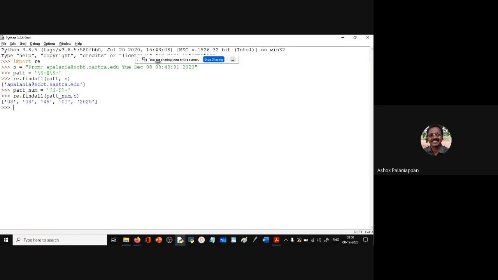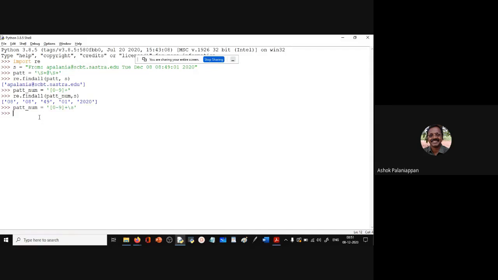Okay, now let's say that I don't want these particular numbers because they are ending in a colon. So I don't want these numbers for some reason, isn't it? Okay, let's say I want numbers that only end with a white space character. So how can I modify this? I have to indicate a white space character here. So how do I indicate a white space character? Backslash small s. We can use backslash small s.